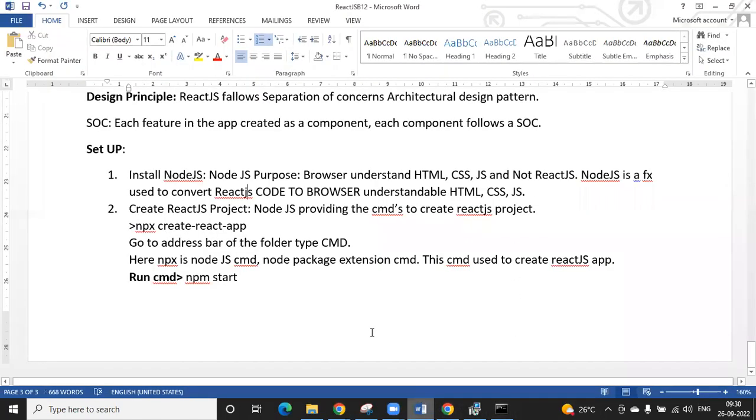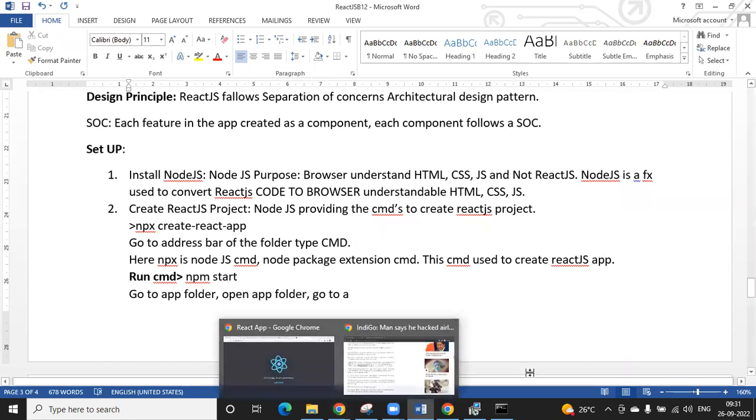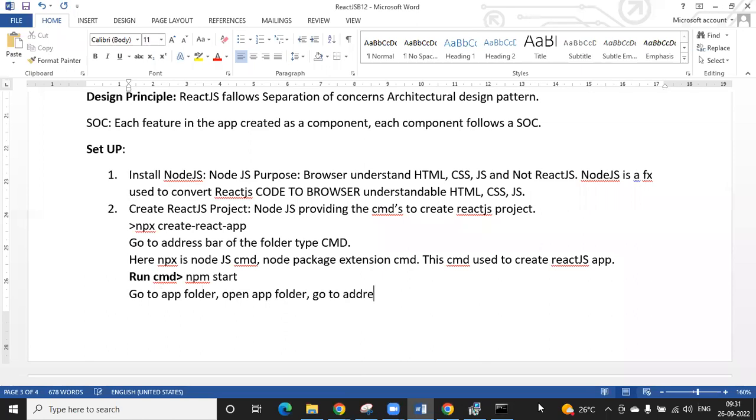So if I want to run it, what are the steps? Take the steps. Go to your application folder, open the application folder, go to the address bar, type cmd.